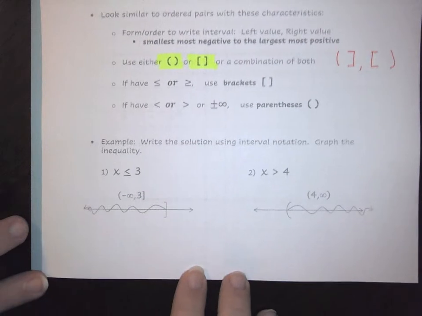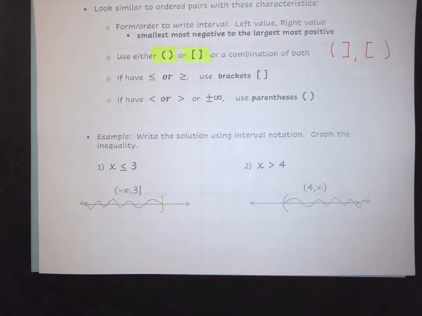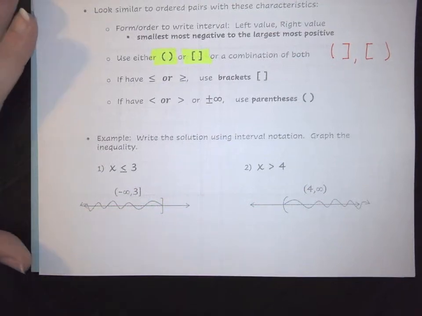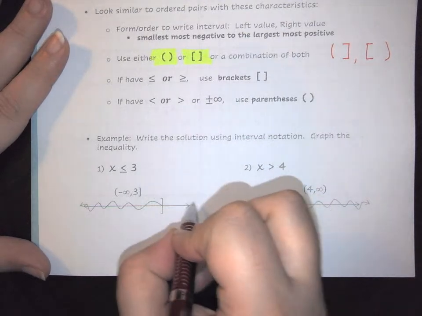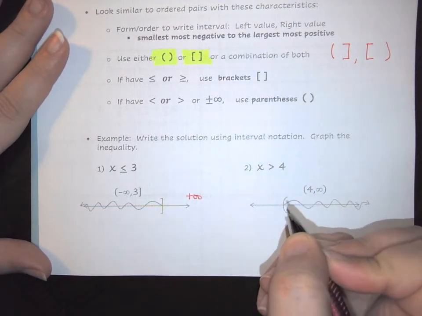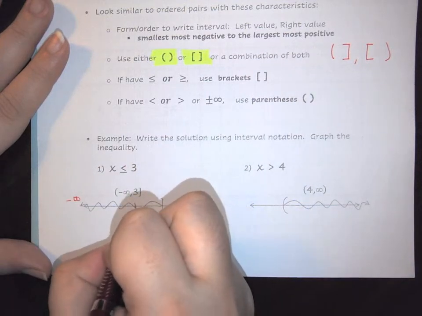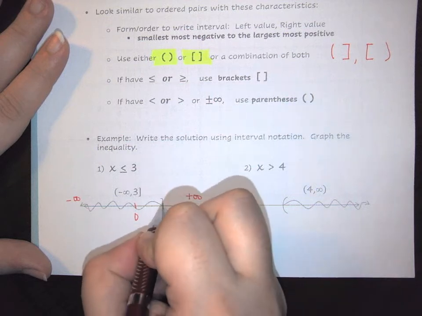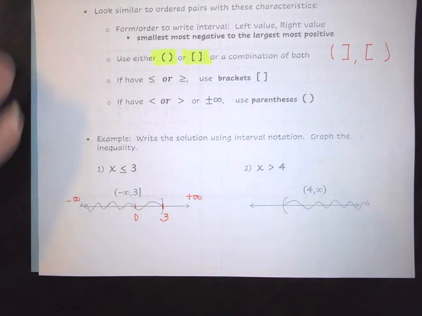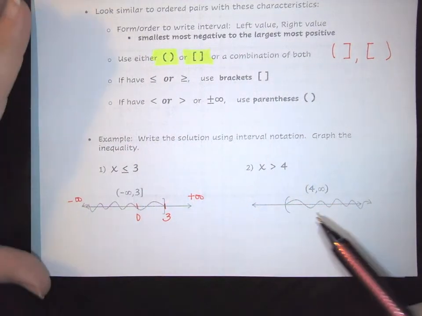Okay? So for example, if you're given the inequality where x is less than or equal to 3, first you would graph it. Some important pieces of information that you want to remember about your graph. On the right hand side is going to be your positive infinity. On the left hand side is going to be your negative. Somewhere in the middle here is going to be 0, and right where you're wanting your point to cross is going to be your boundary or your inequality value. Okay? So again,